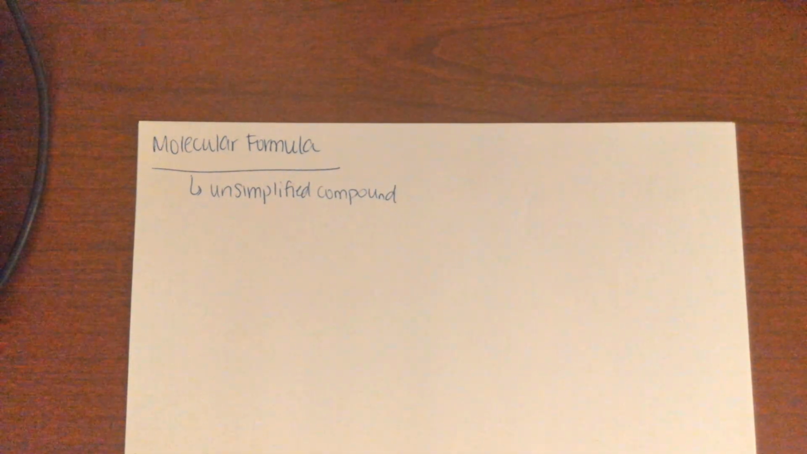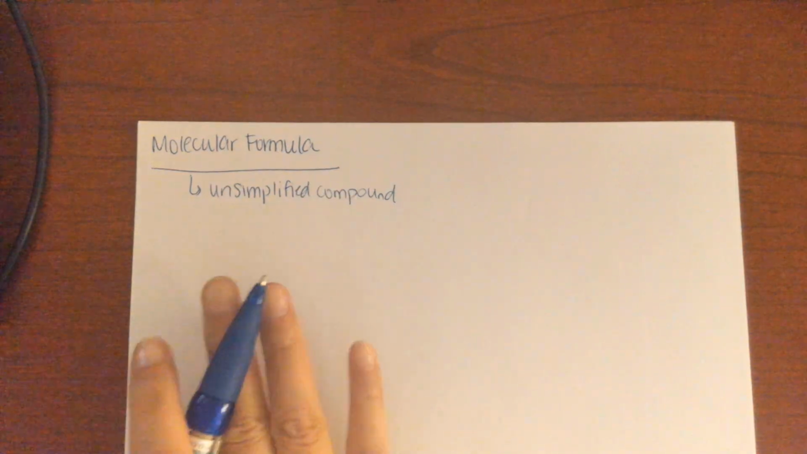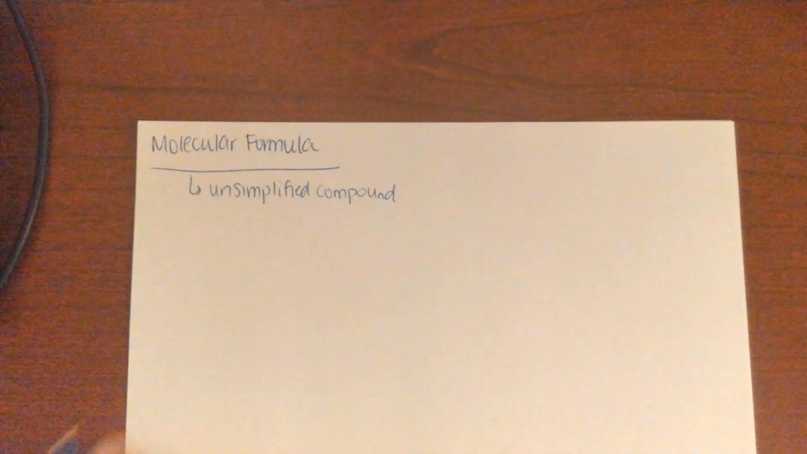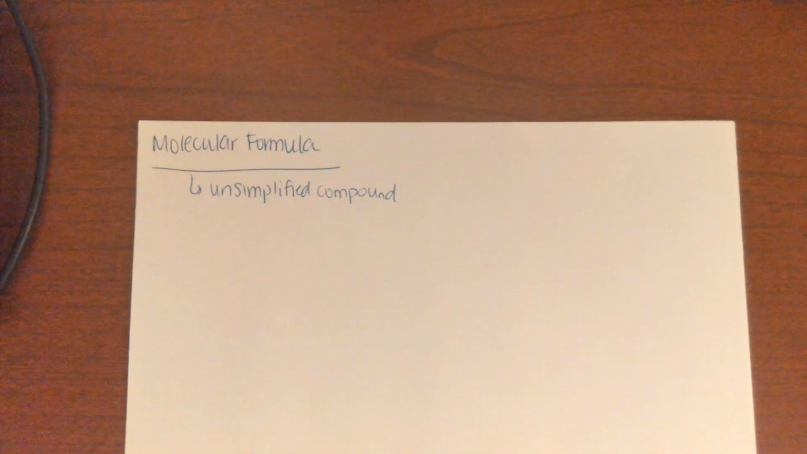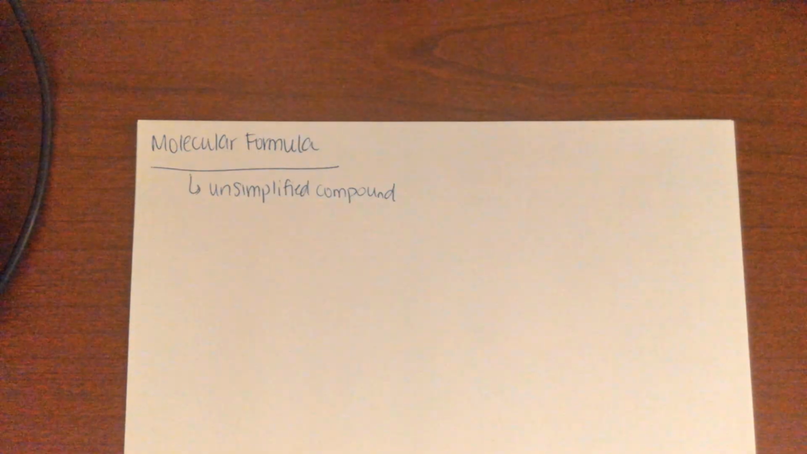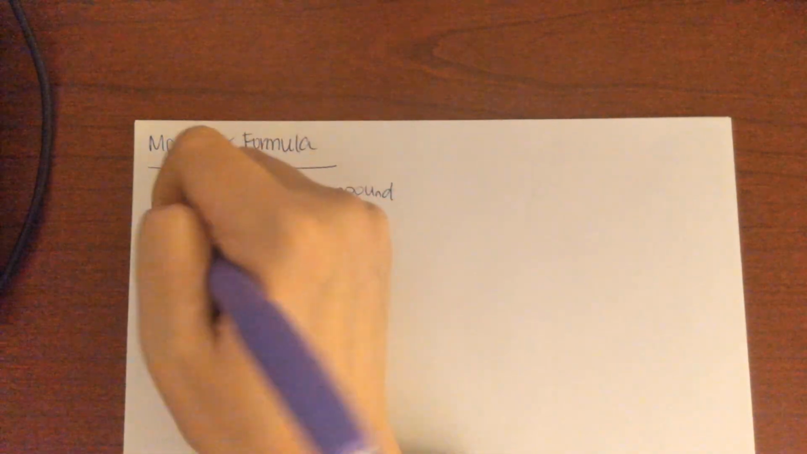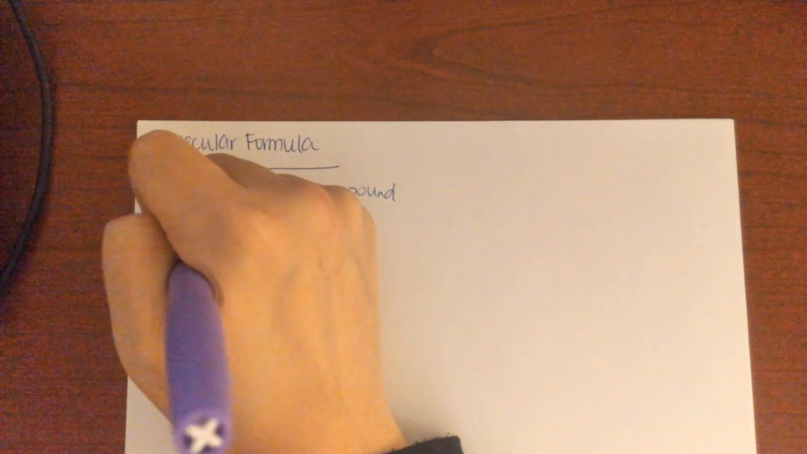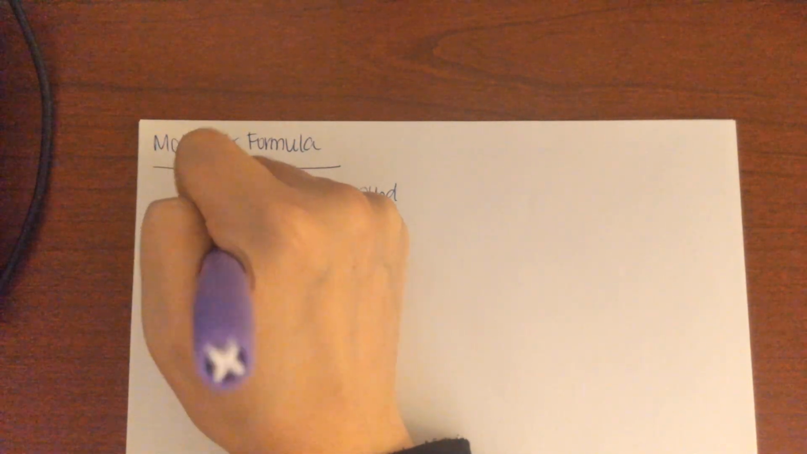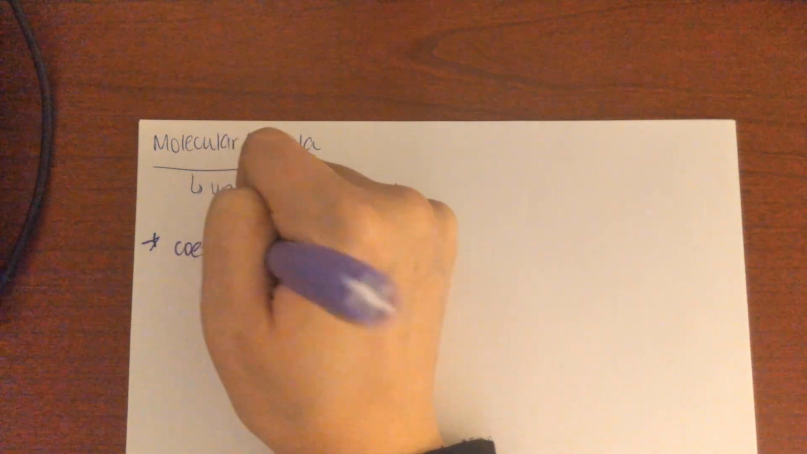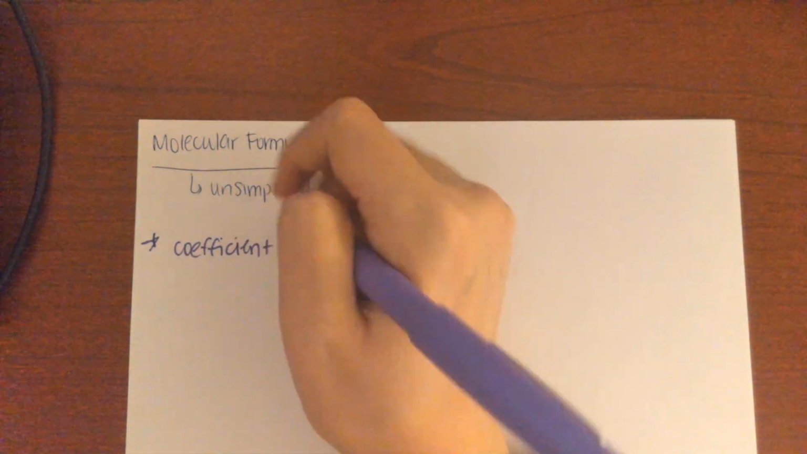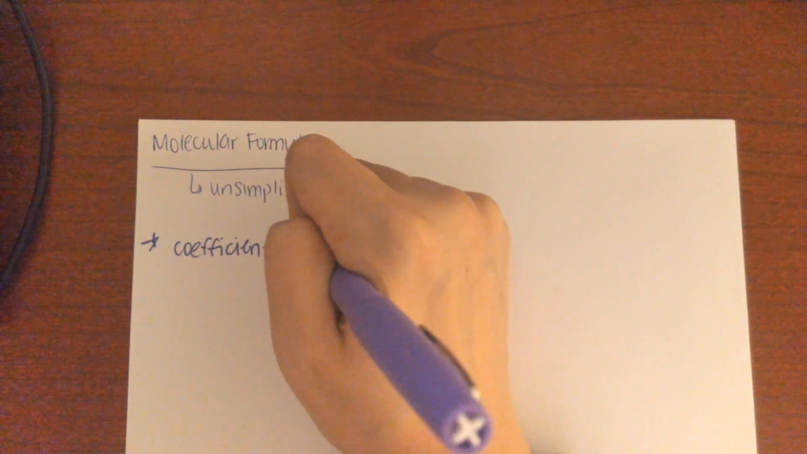Basically, in a question like this, you'll be given the empirical formula and you will unsimplify it by finding the molar mass. So the ratio to figure that out is to find your coefficient. The coefficient is a number that you multiply by the empirical formula to get your molecular formula. So your coefficient will be your molar mass